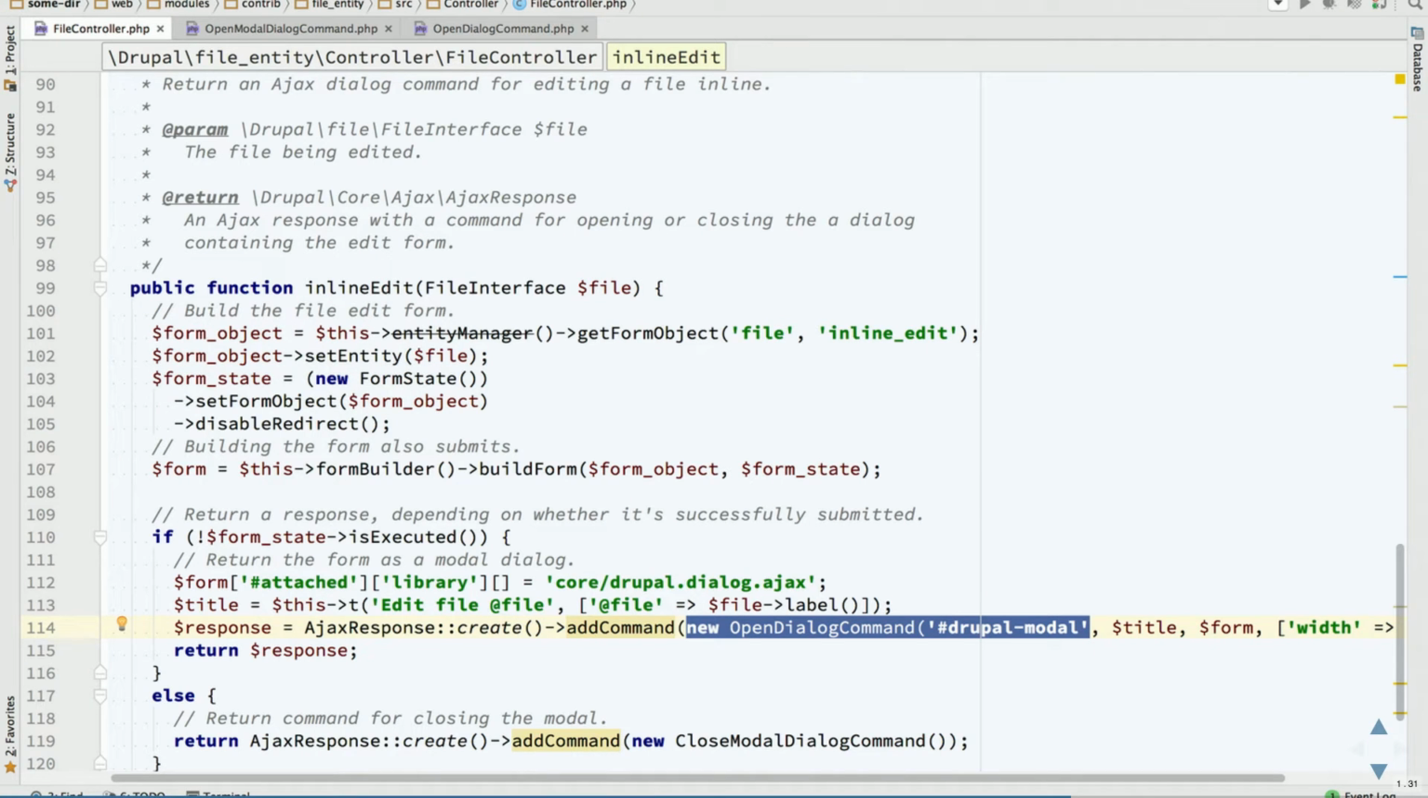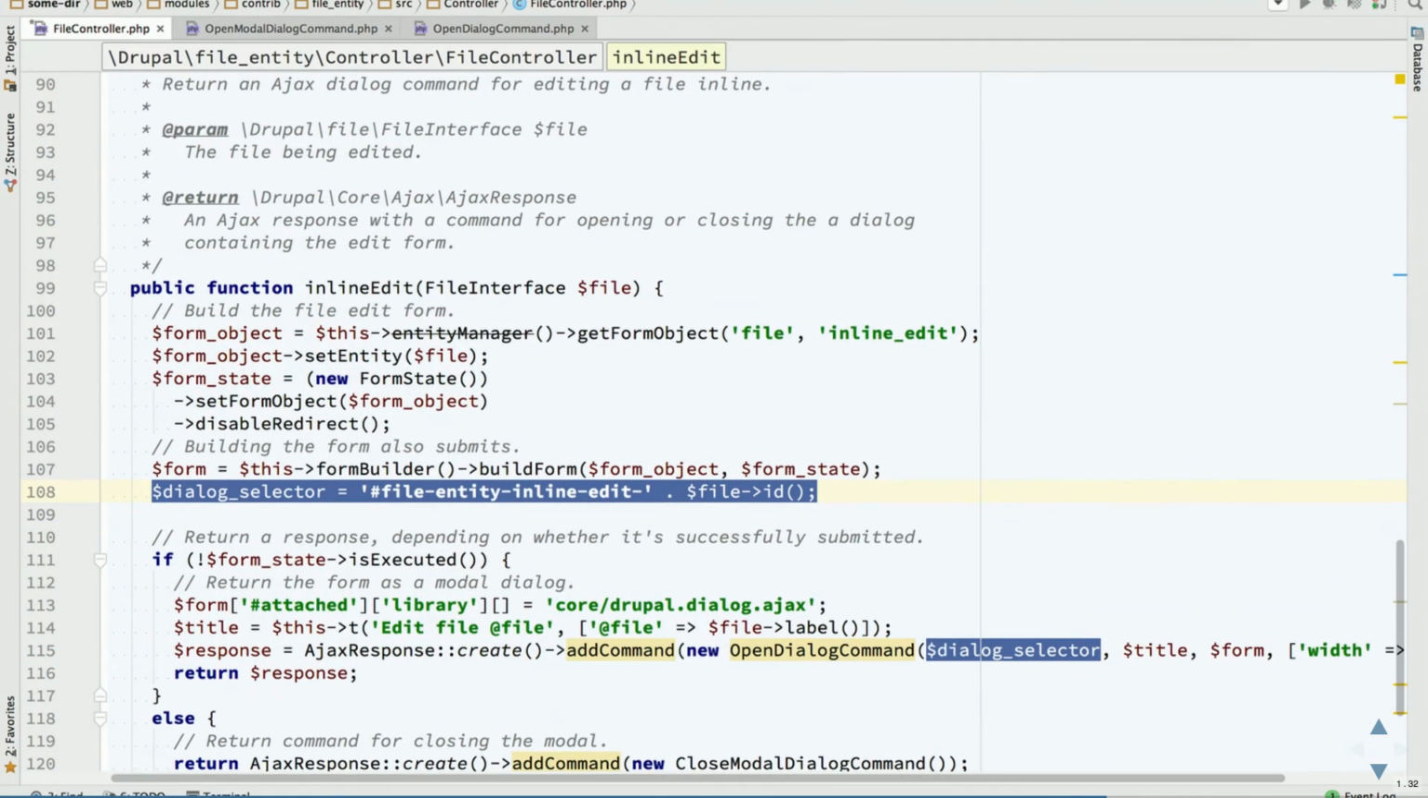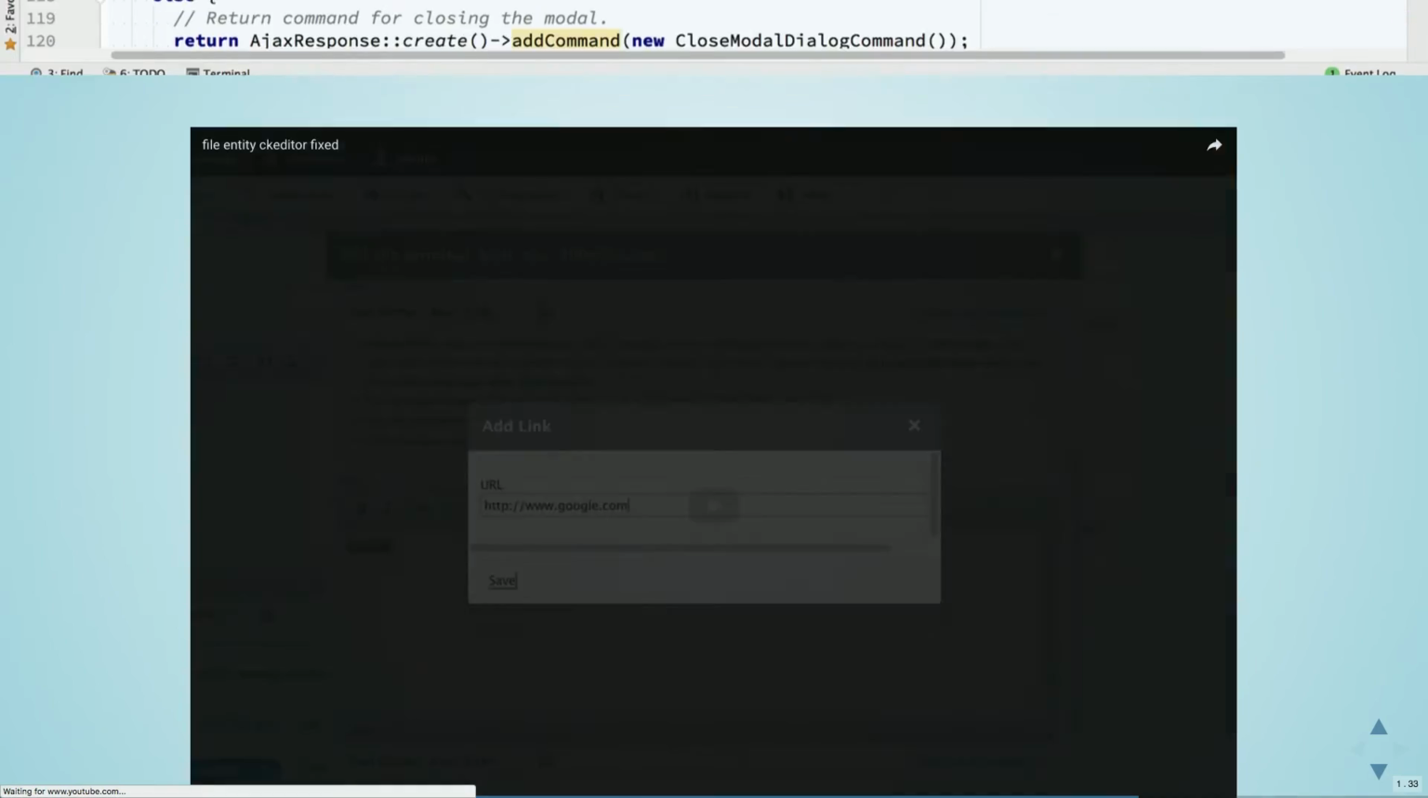The next thing we want to do is, we don't want a hard-coded selector because we want a new dialog every time. So we're going to change the selector to a dynamic selector, and here I just chose to append the file ID, because this is the file entity module, and every file is going to have a different ID. This guarantees that we're going to have a different selector every time you open a file entity modal. And then if we test this,